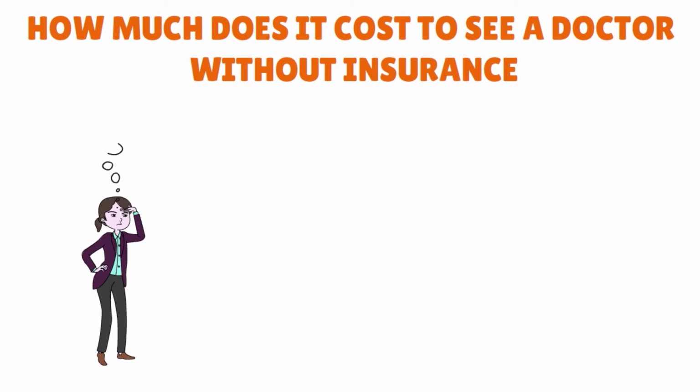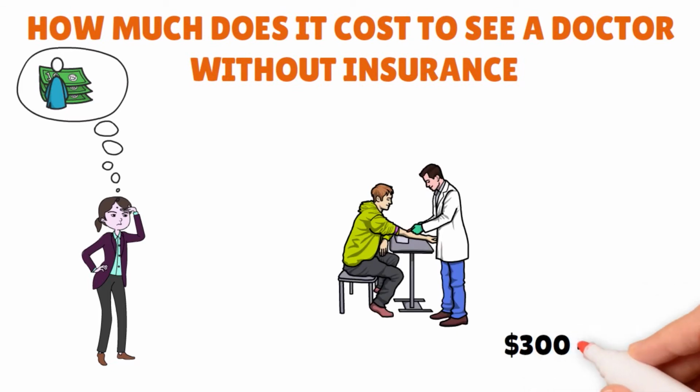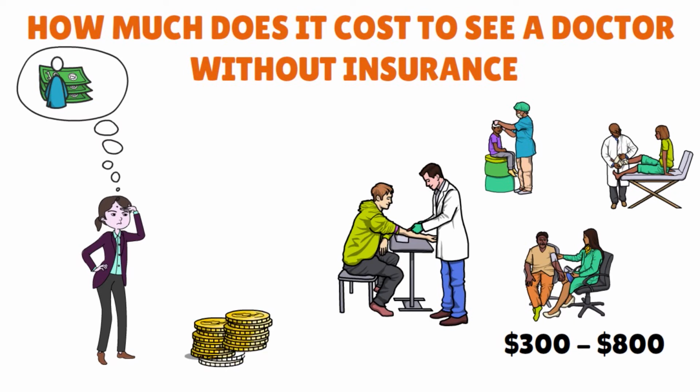You have to be aware of the cost element here. Without health insurance, the average doctor appointment costs somewhere between $300 to $800, depending on where you live. I want you to remember, though, that the range will vary depending on the services and treatment you need, as well as the type of doctor's office. And there are things you can do, and I'm going to share those tips with you later on. You can use some strategies to minimize your medical cost, even without insurance,